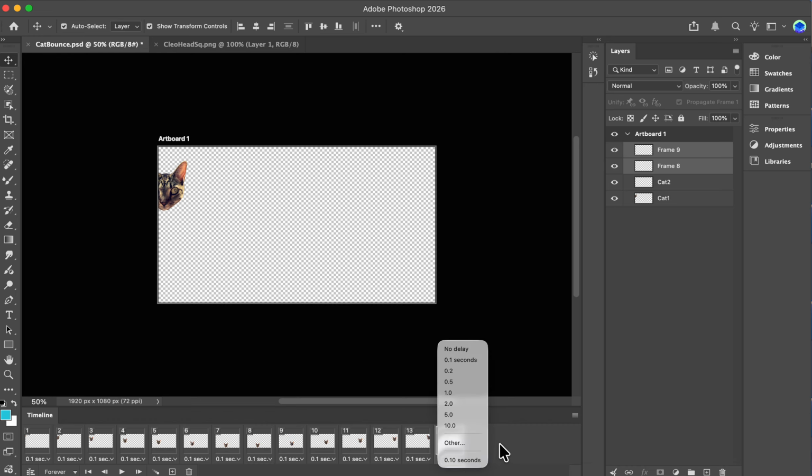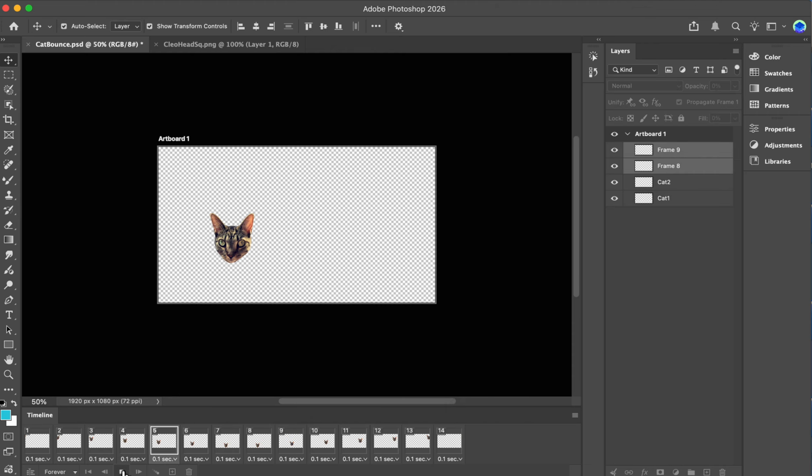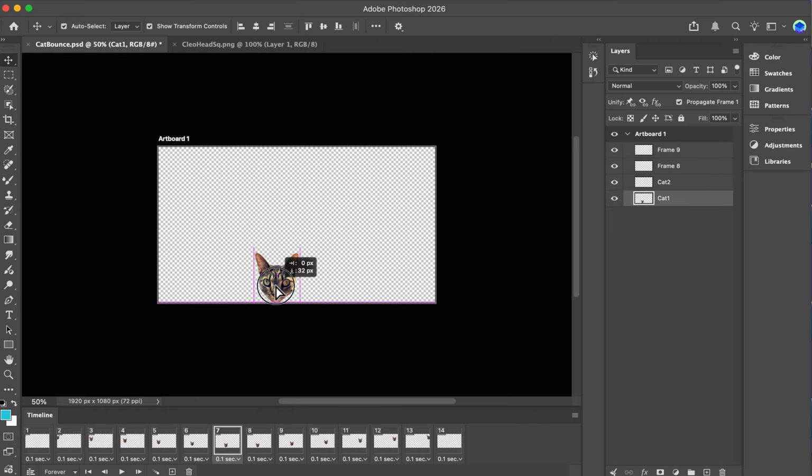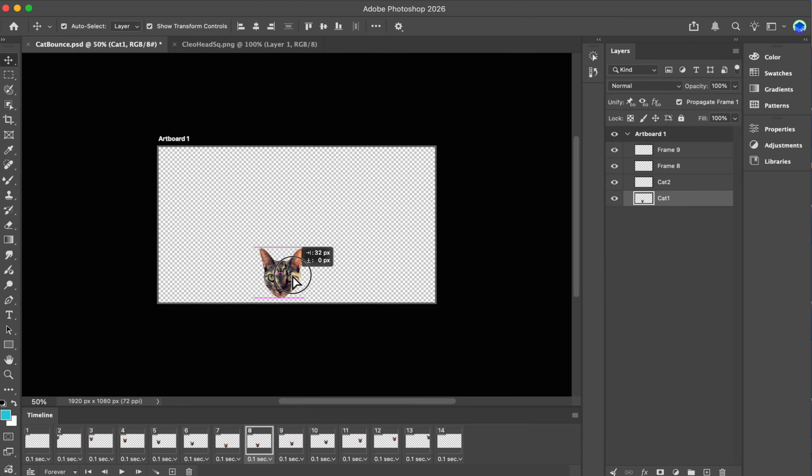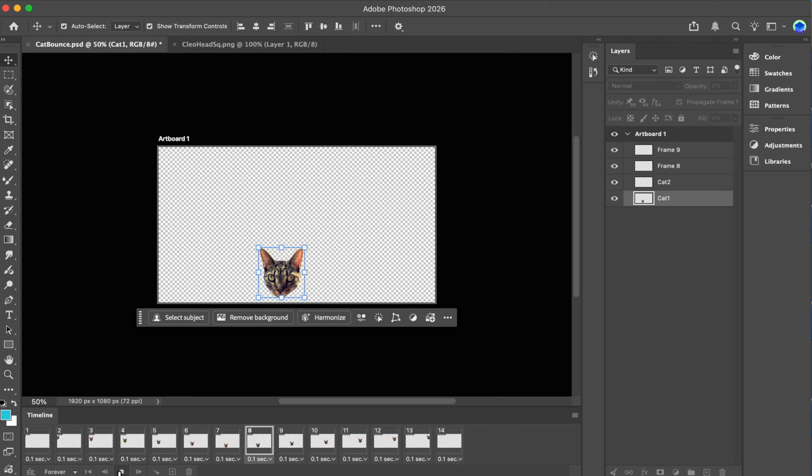You could change it to other things here. You can change it to no delay if you want it to be really fast. Well, let's just go with that. Maybe you don't like where she is at the end. These are the end two, so you can move her down a tiny bit. Maybe give her that. It kind of creates a bounce, you could play around with the bounce there.